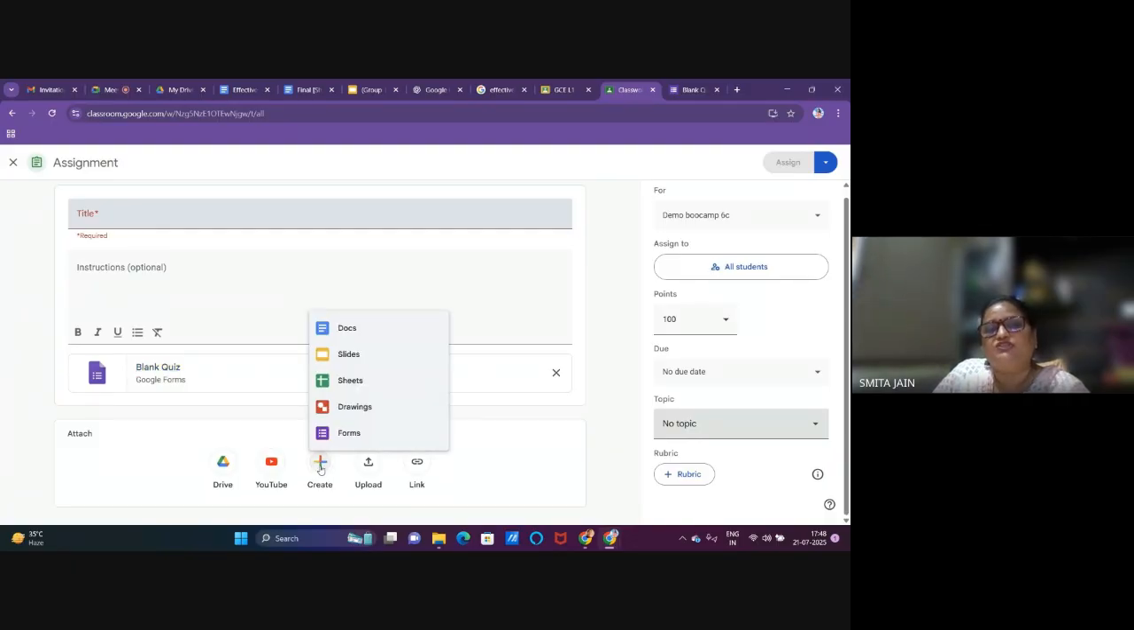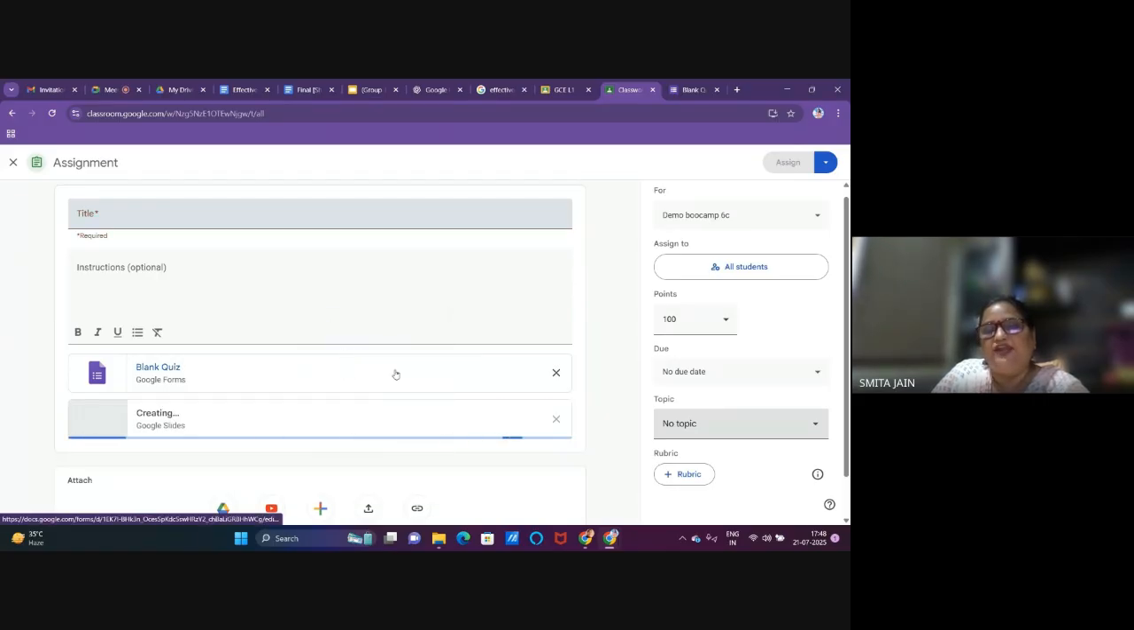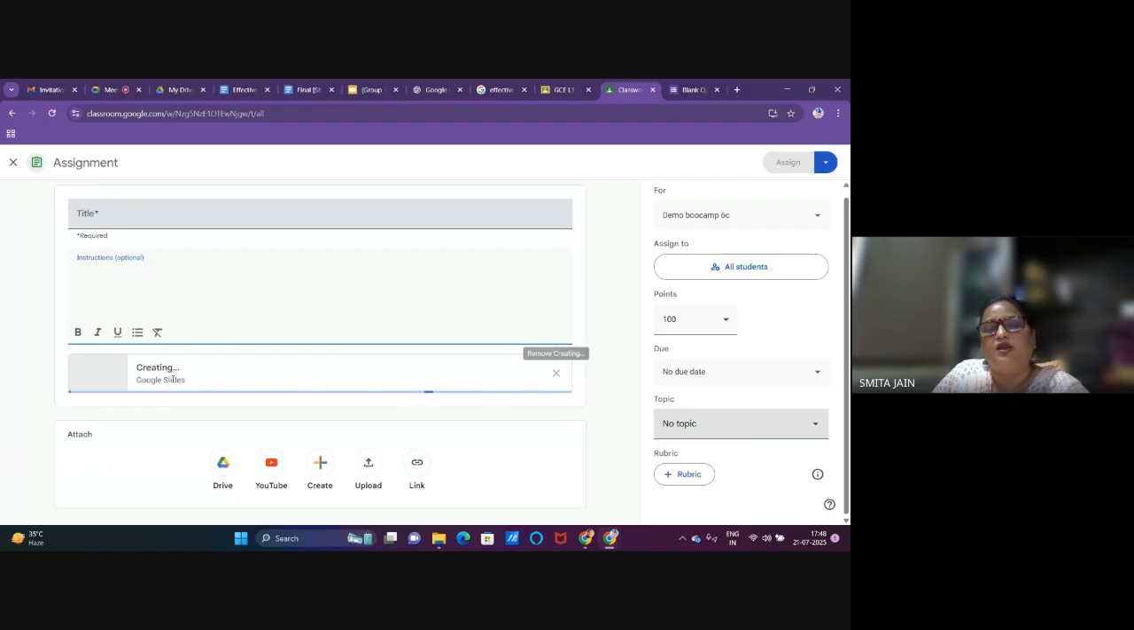Now, in case you want to create some blank documents and give them to your student, as I used forms here, you can use docs also, you can use slides also, you can use sheets also, you can use drawing also. See, for collaborative work, if you want to use slides and you want your student to work here,